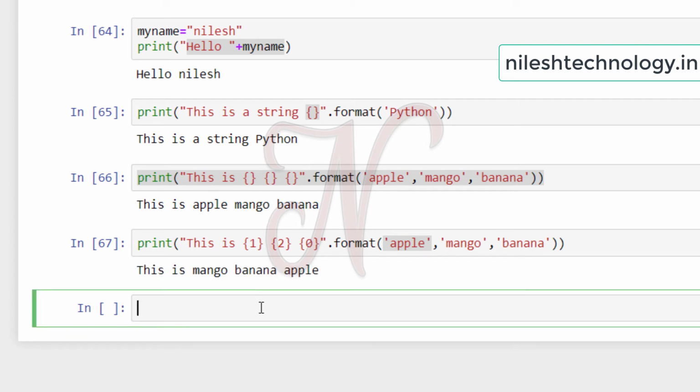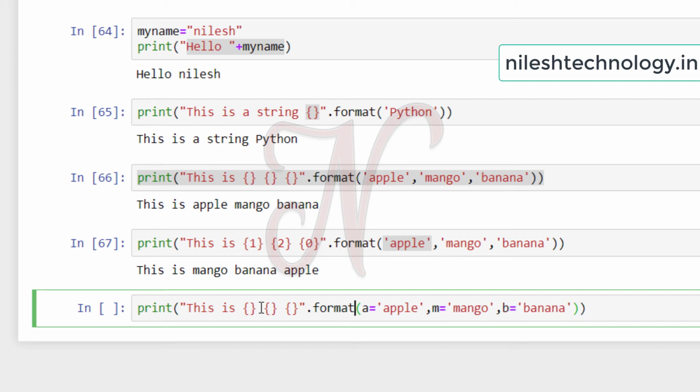Okay, so in Python there is one more feature: you can assign these strings by using keywords. See here, I can copy paste this string again and assign the strings by using keywords in this way: a equal to apple, m equal to mango, then b equal to banana.